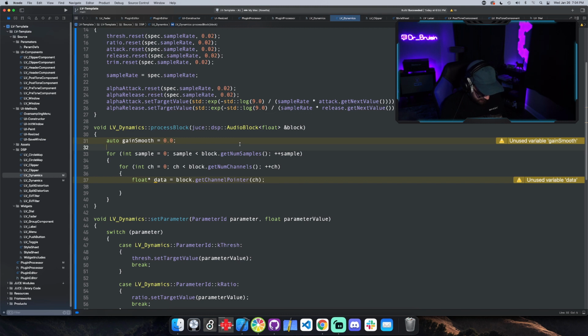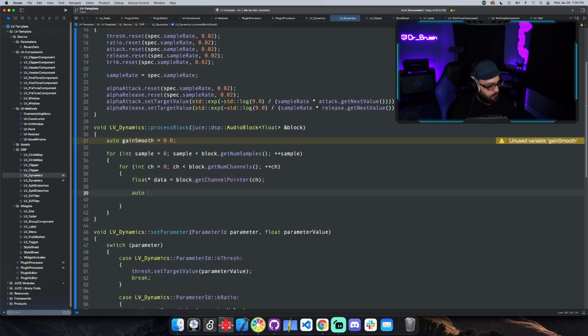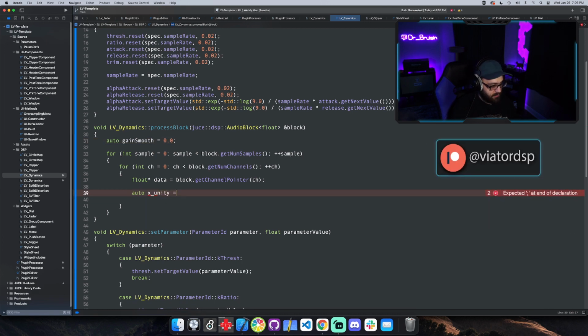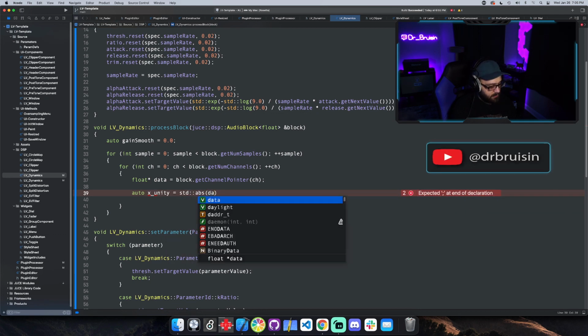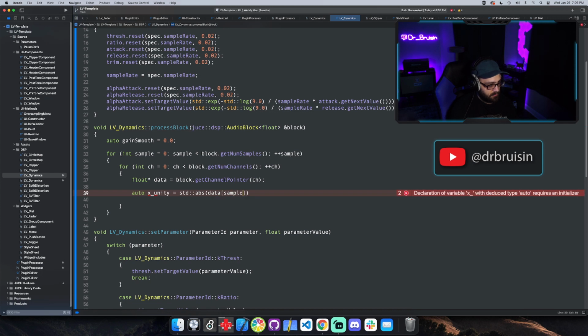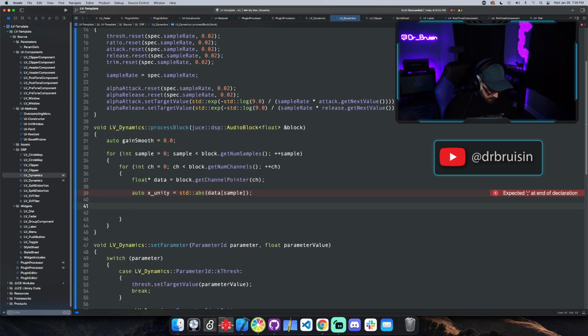Oh, interesting. So he makes a variable to hold the input, but the absolute value of it. So auto x unity is equal to the absolute value of data sample. Okay. Cool. And then we've got